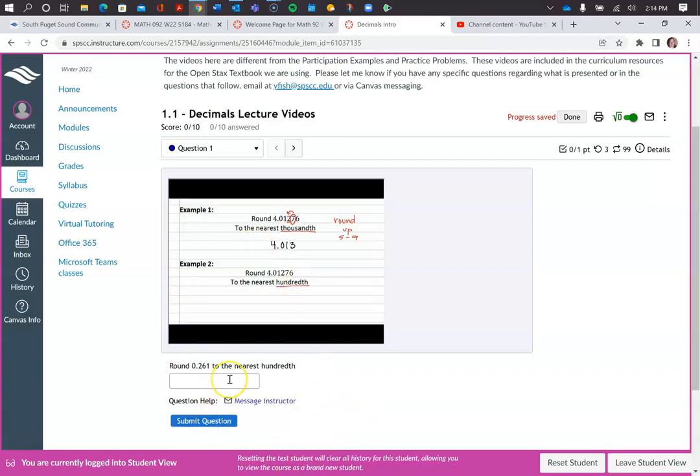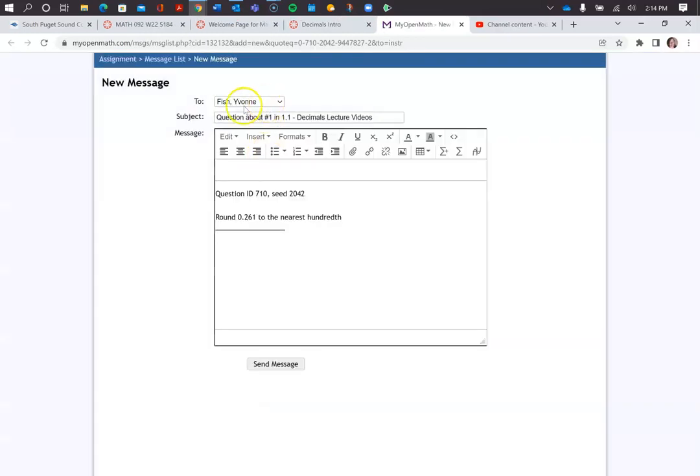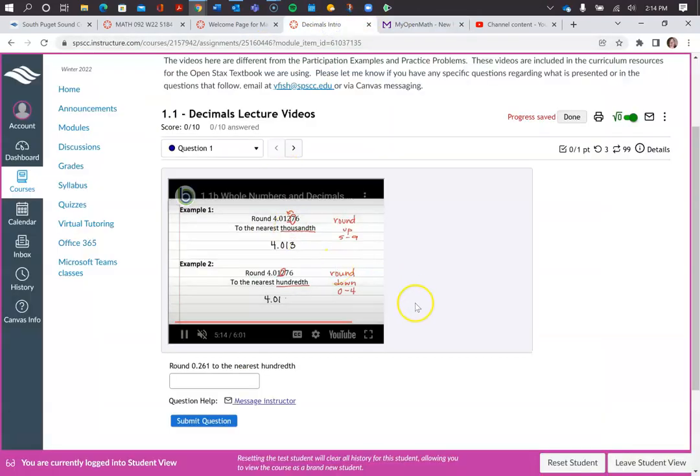And then there's a question here to answer and submit. You can also message me with a specific question. It helps if you attach some work that you've tried so far, or write me a little note. There is an equation editor, maybe a little harder to use, but most of this you can probably just type straight in and I'll get the gist. And that opens in a new window.